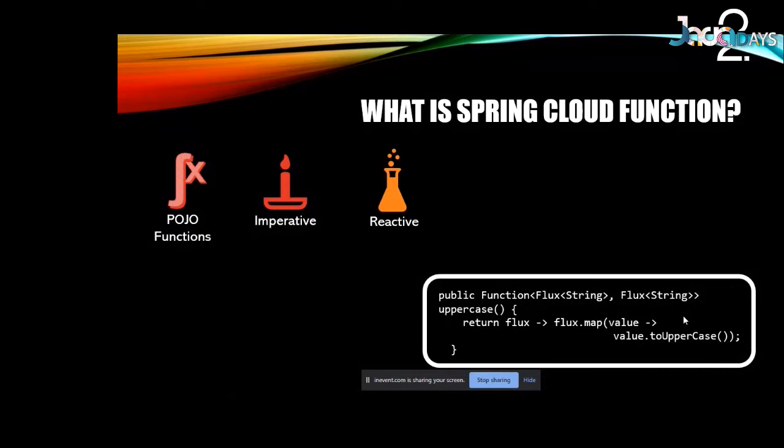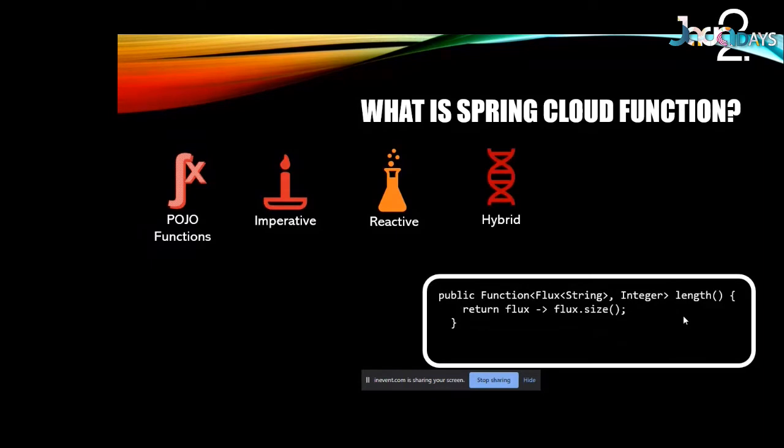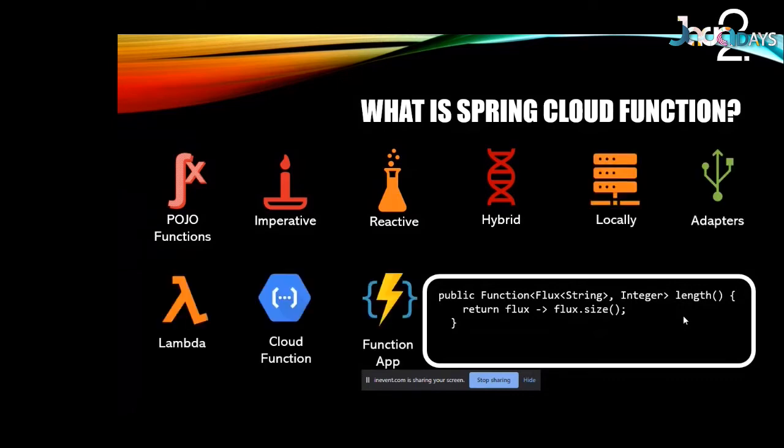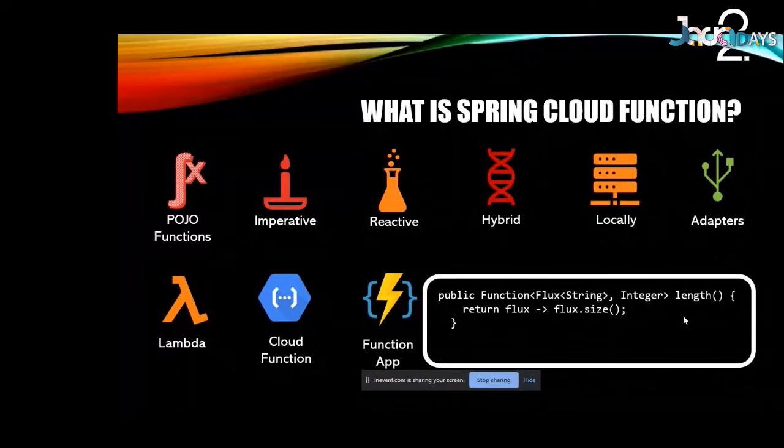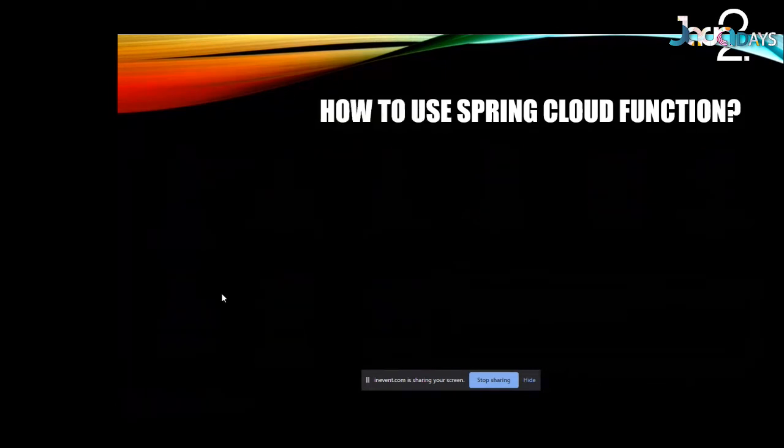If you wish, we can make use of Spring Reactive. Nowadays Flux and Mono are in more usage with enormous amounts of data. So reactive also you can use. If you wish, you can use a mixed approach, imperative plus reactive, that also can be done. Then, as I said, the application can be deployed locally, and just by adding a dependency, you can deploy the same application on all the major cloud platforms very easily without any big changes. And today we will be seeing this Lambda function in the picture. So that's the case.